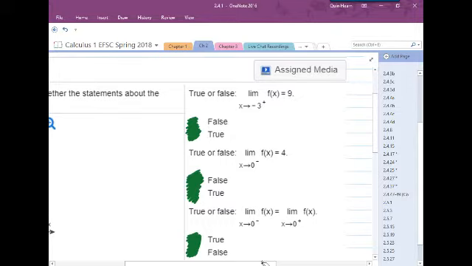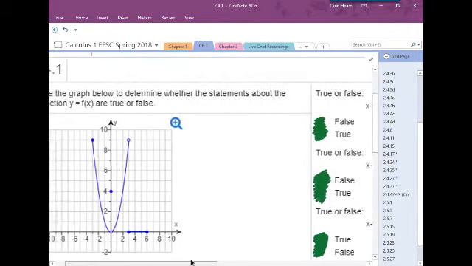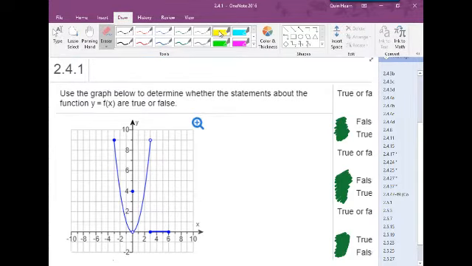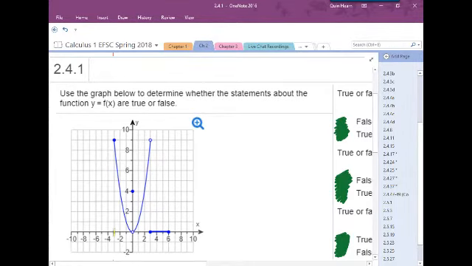Okay, so let's go back to our graph. We're looking at the limit as x approaches -3 from the right. So first thing you need to do is to find the x value -3, which is here, and then just look up or down to the graph to see where it comes in contact with that value. Okay, so it looks like to me